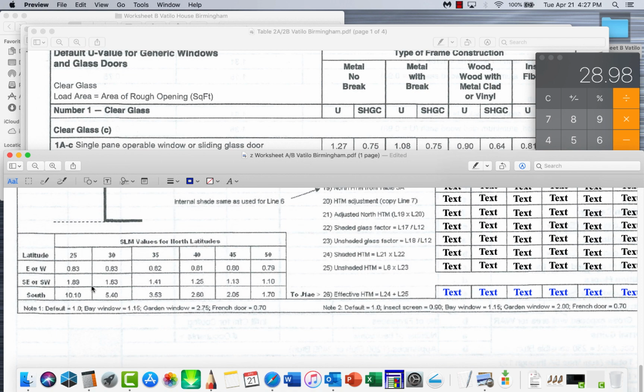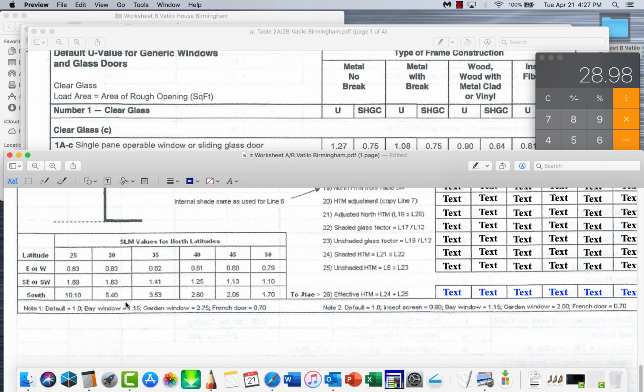They just got them hidden down here at the base. Note 1 is here. Note 2 is here. It says default 1.0, bay window 1.5, garden window 2.75, French door 0.70. Basically what this is, like I said, if you got a bay window, it's bigger, it can be protruding